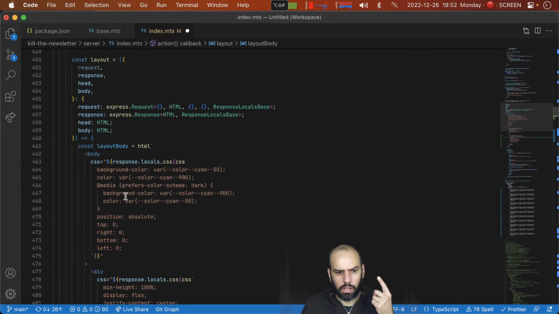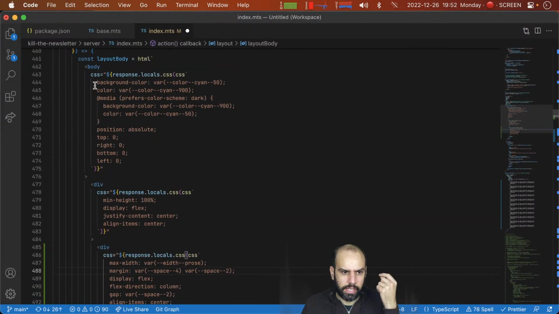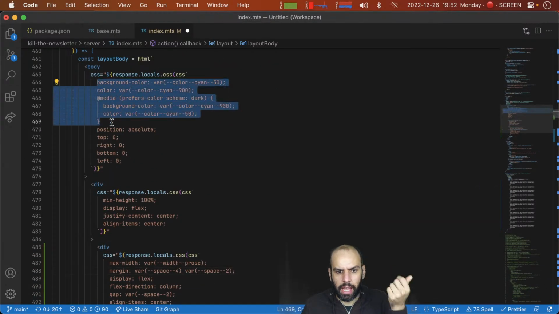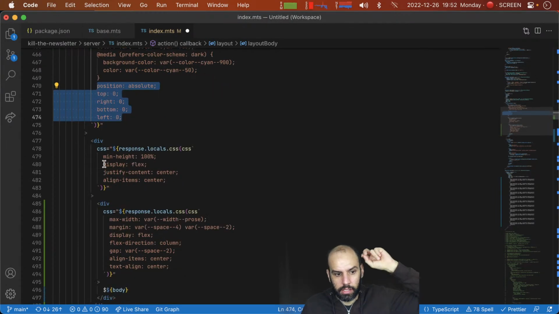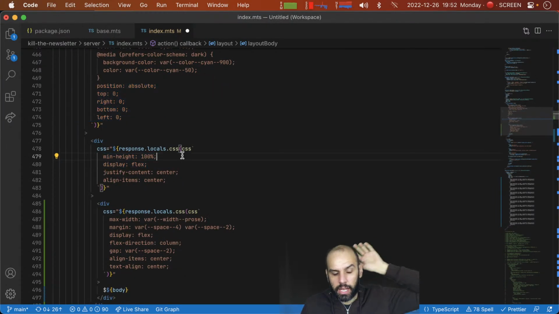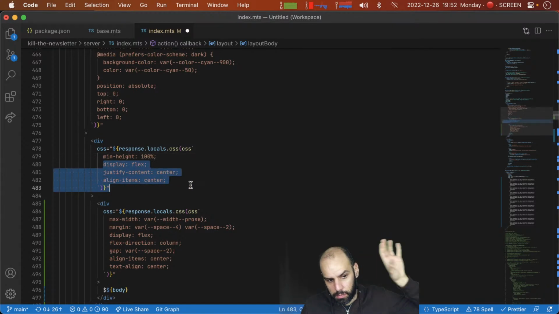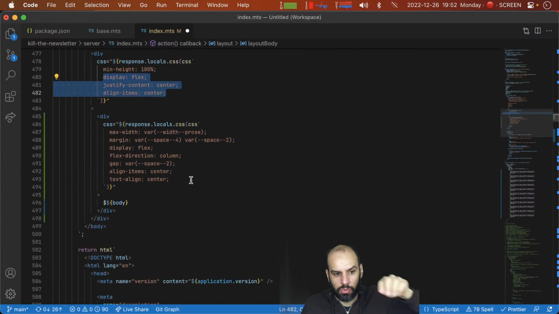And I tend to have a logic when defining my CSS. I tend to go with things like text, font, colors first, then positioning, then stuff that affects children like display. So min height affects the box, display affects the children. And in here, I will start with stuff that has to do with text,